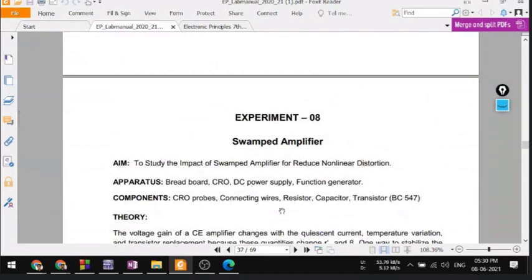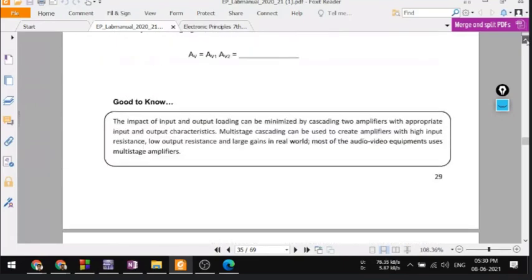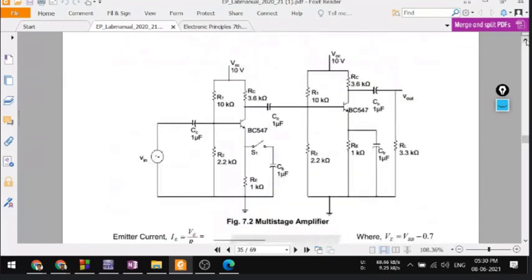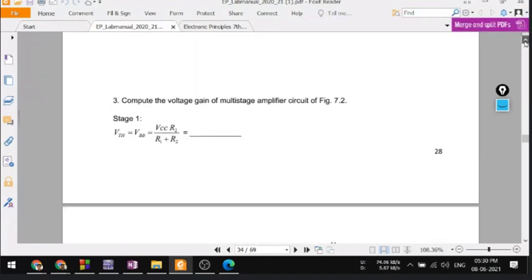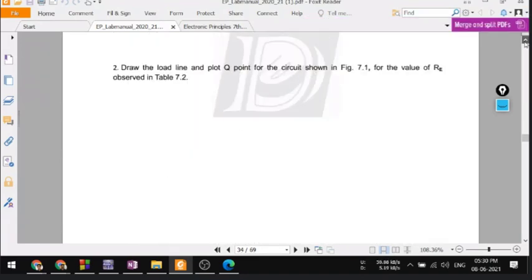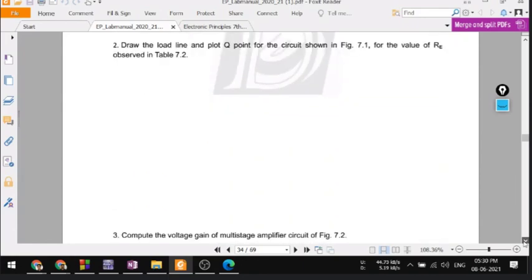Start writing the assignment questions also. You have to submit those tutorials too. If you are facing any difficulty in the assignment questions, please tell me or drop an email. The multi-stage amplifier is also in the assignment questions, so go with that too. If you face any issue, we will definitely discuss it in the next lab.